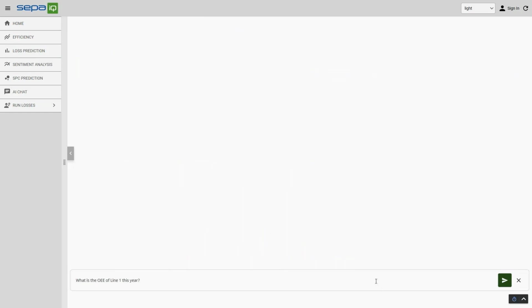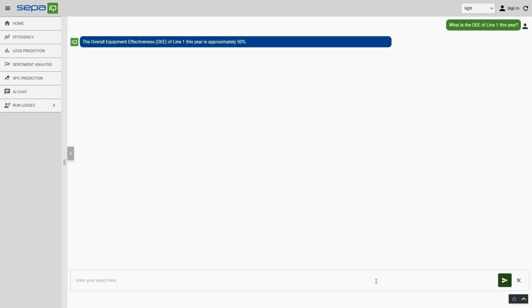So I'm going to ask it, what was the OEE for line 1 this year? I have an analysis that gives me a line 1 OEE value, and it passed line 1 into this request. Now, what happens if I don't have the line? In most instances with a large language model, it will make up that information.